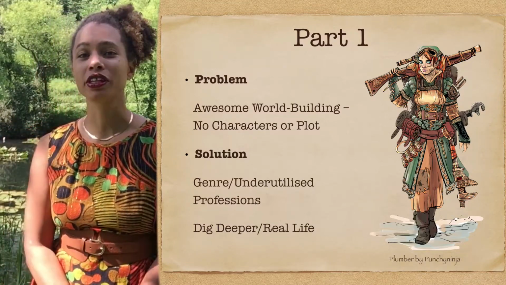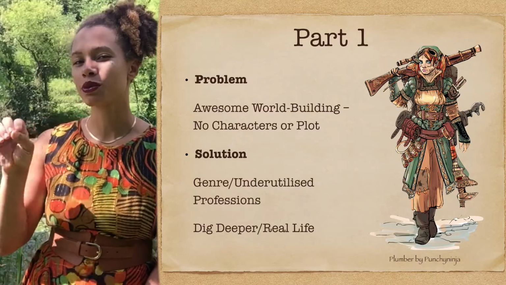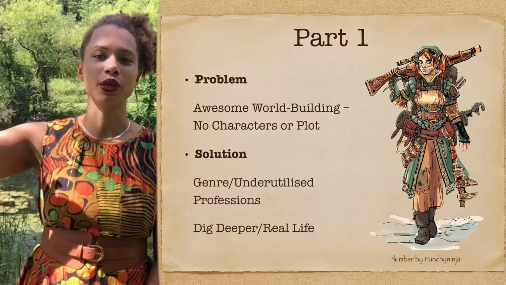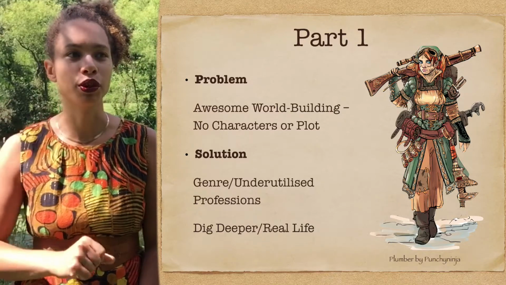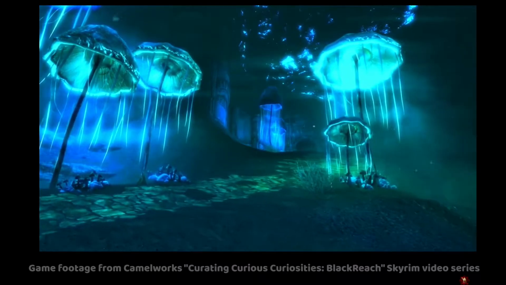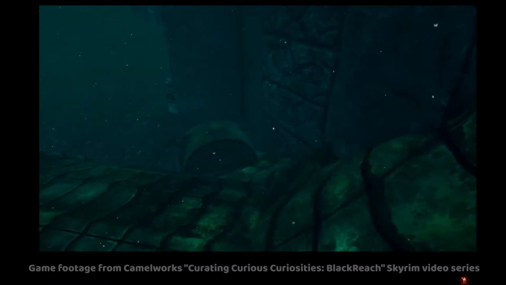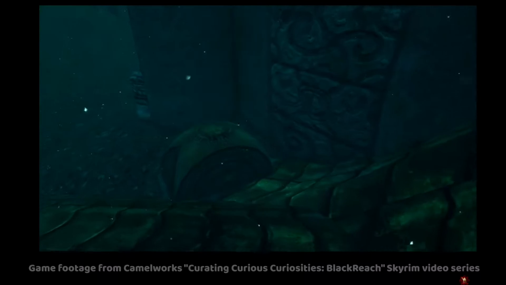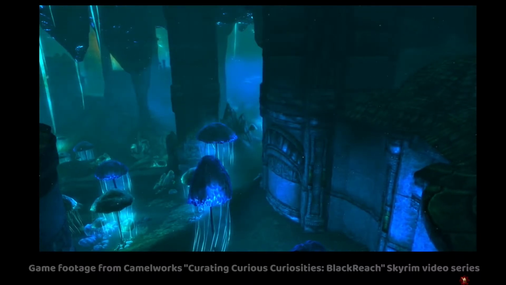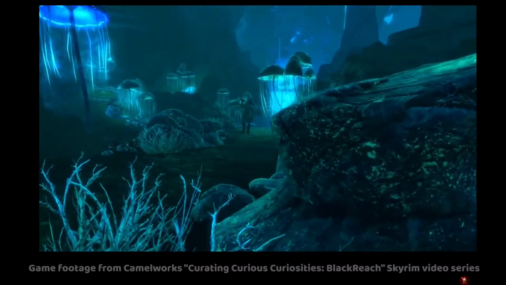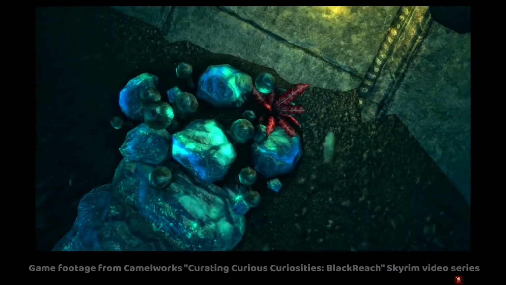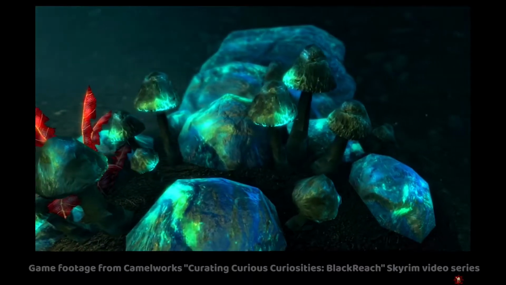So if you have really, really good world building, try and hone in on specific underutilized aspects of that world building to create something really interesting. For example, in Skyrim, there's this place called Blackreach, which is this amazing underground cavern that used to belong to the Dwemer, the dwarven elf race of Skyrim, that suddenly and mysteriously disappeared. But within this place, there's these things called crimson nirnroot. And you might think, well, what's so special about this plant that is red and chimes?